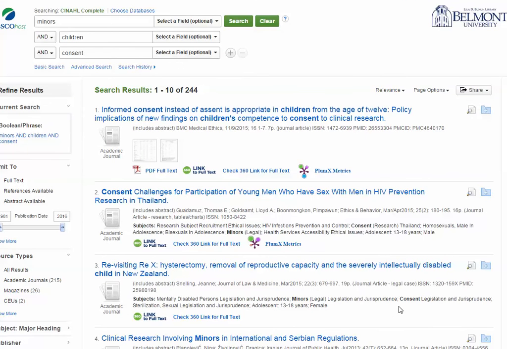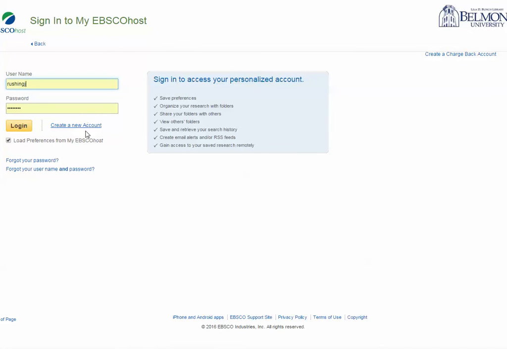Okay. And hopefully you're using your folders to save articles as you find them. If you don't have a folder already, an account in EBSCO, you might want to create one. That way you can save things to your folder permanently if you're signed in. So I have an account already.